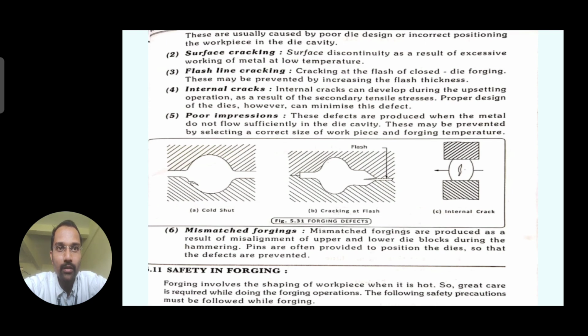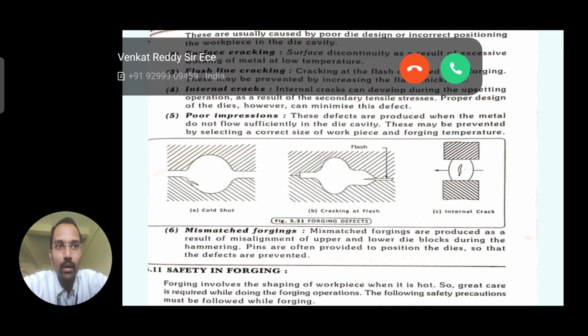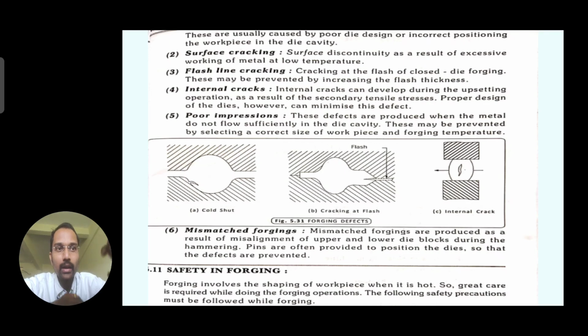So proper design of the dies is how we can minimize the defect. The die design should be proper, and the workpiece has to be placed properly in the die, then we can avoid the internal cracks.